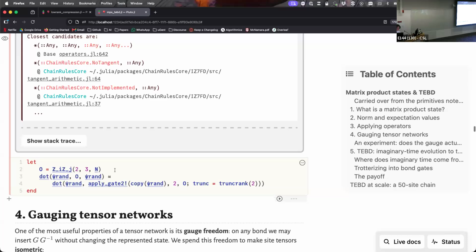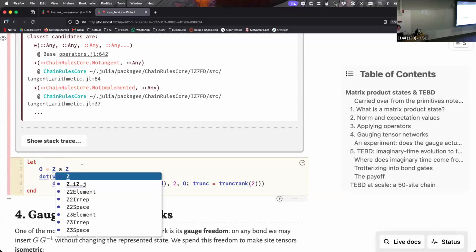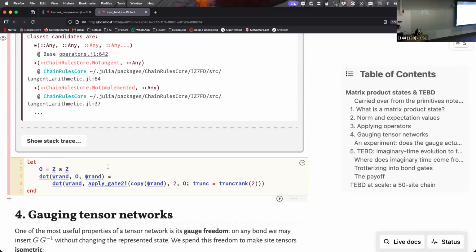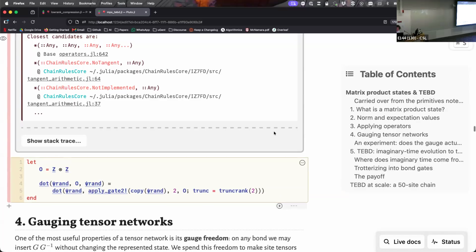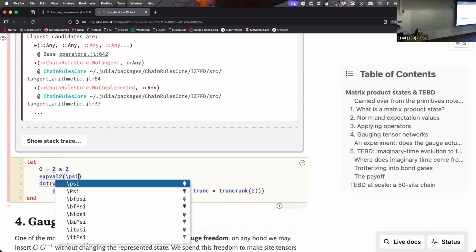In some sense, this would mean if I make a two-site gate like this, so in this case just 2 times Z, I can, if I remember the name of my functions, compute the expectation value of